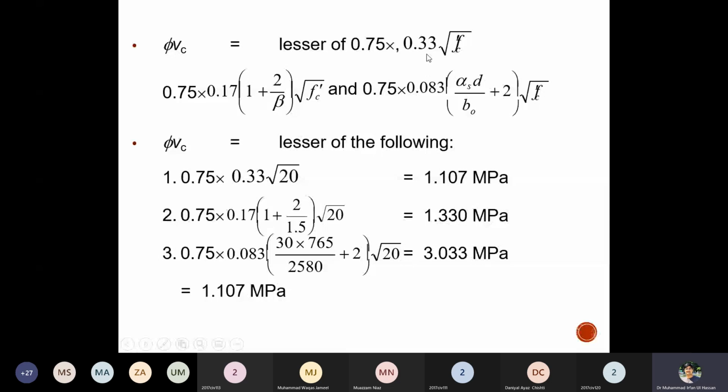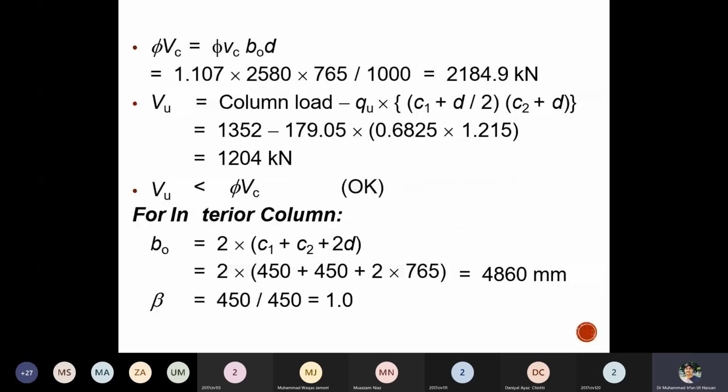into 0.33 root fc prime, b naught d. The second one is this one, and every parameter is multiplied with b naught into d. And we see which one is giving us the lesser value. The lesser will be selected, 1.107, so into b naught into d. B naught into d is taken for the exterior column, and Vu,